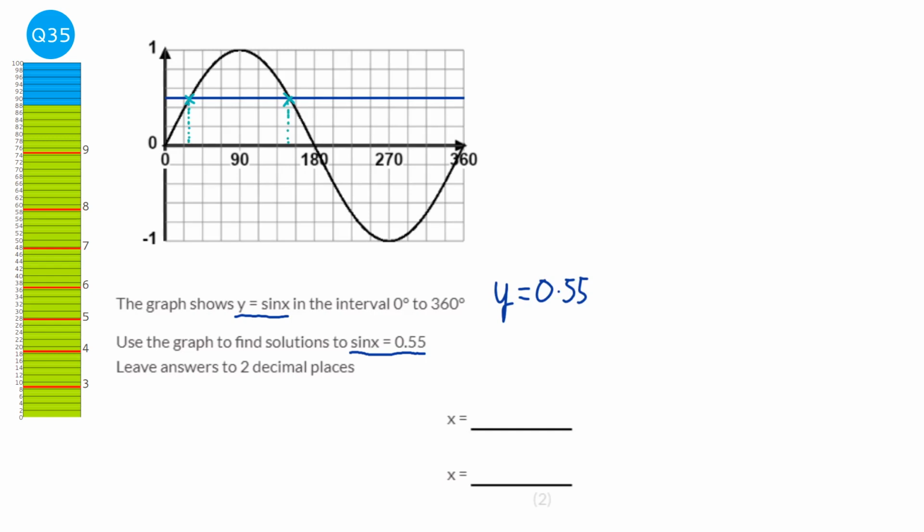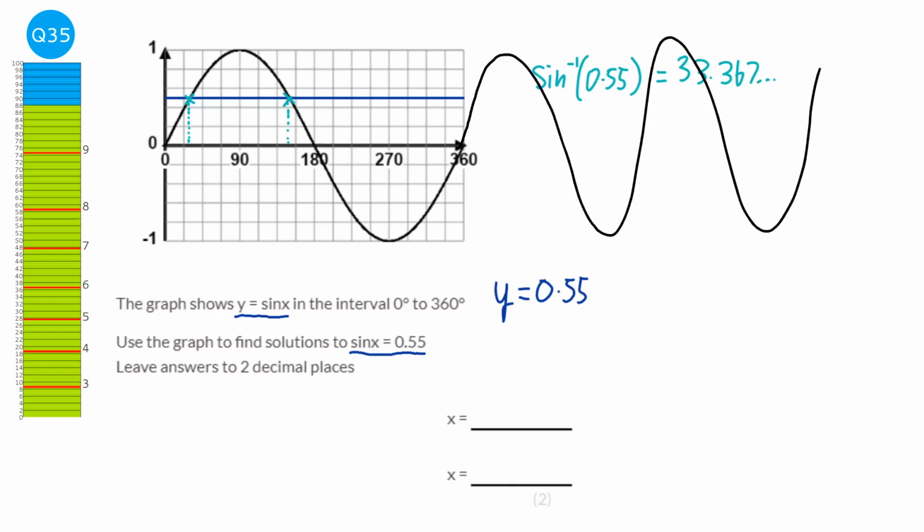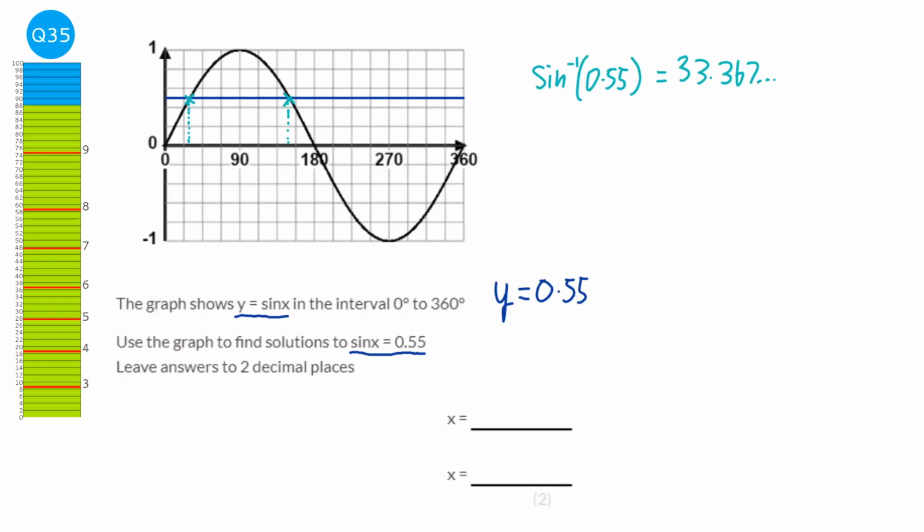Now we can type into the calculator the inverse sine of 0.55, and it will give us 33.367 and so on, but the calculator can't give us all the solutions, and the reason is that this sine graph will go on forever. So there's infinite solutions because the graph goes on forever, both on the right hand side and the left hand side. So this blue line will forever be crossing these points. So it will give us the first solution, which is good,